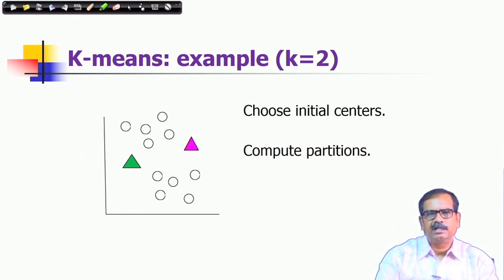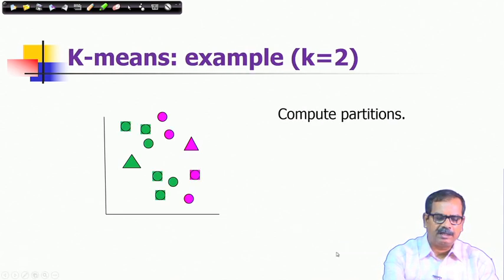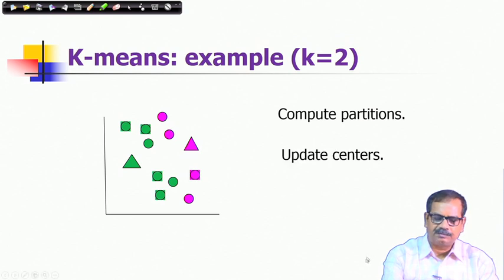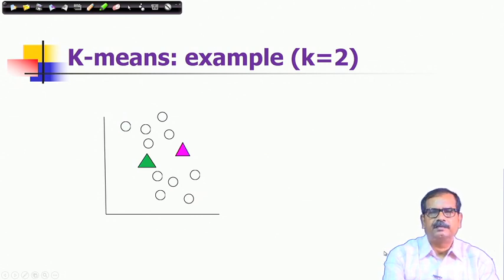The corresponding cluster label should be given to those points. Here the labels are shown by colors for the purpose of visualization. So, you can see these are the set of points found to be close to the cluster shown by the color pink and the other by the color green. Now you have two partitions based on those centers, and you should again update the centers. The centers should move inward because of the configuration here, and this gives the updated positions.